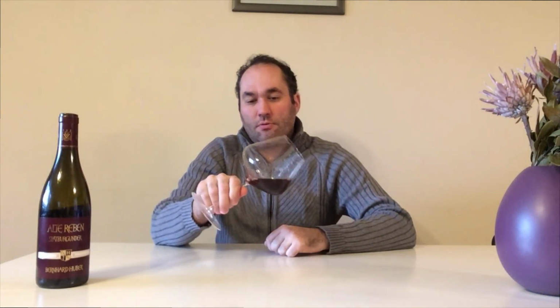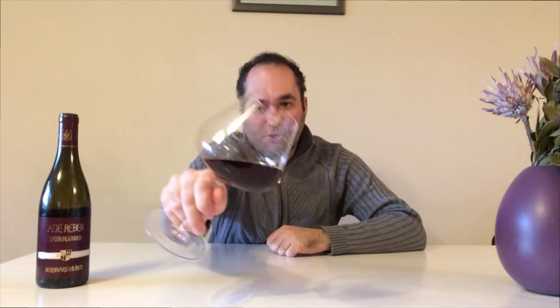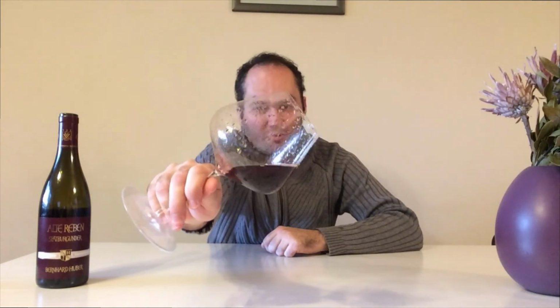Serving it reasonably cool, like 18 Celsius I think is probably pretty good. Or 16, 18, somewhere around there. You can see there it does have that kind of classic Pinot colour. It's not too deep, although it has a reasonable richness to it, this particular one. And then on the nose, oh fuck,